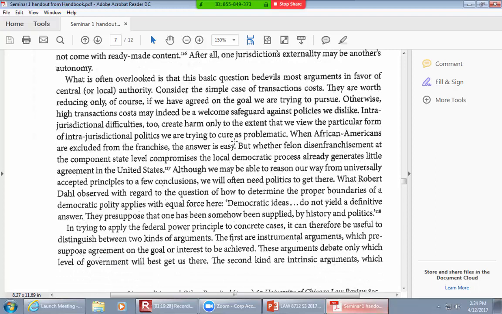Let's look at the paragraph that starts with what is often. So it says, what is often overlooked is that this basic question bedevils most arguments in favor of central or local authority. Okay. So here's what we're talking about. You recall that we